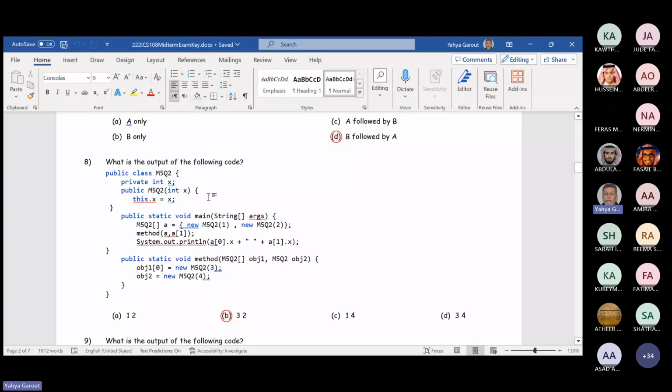Execution of all kinds of code in Java starts in the main. So in the main here, we are creating an array of M5Q2. So this is an array, and you are putting the elements. Remember that this is an array of objects. So the first object here, you are going to call M5Q2, and you pass the parameter 1. And for the second object, you are going to create an object, and you pass the parameter 2. Notice that here, once I run the statement, the new M5Q2, you go